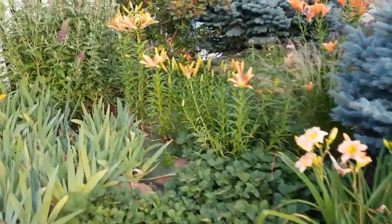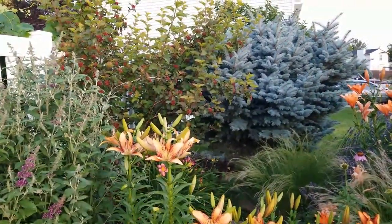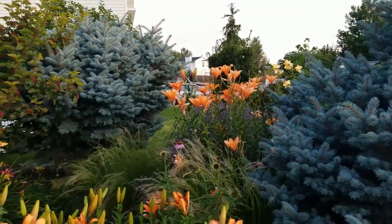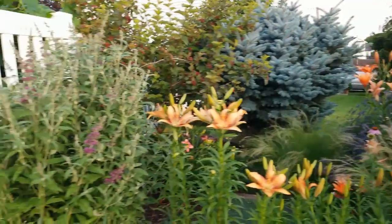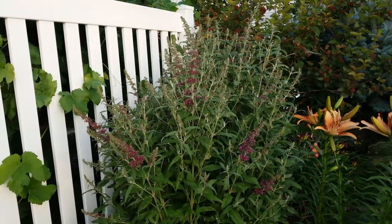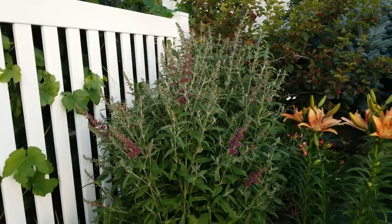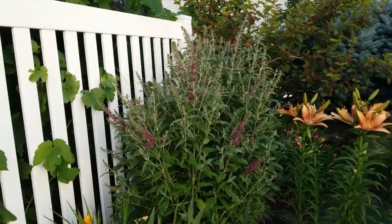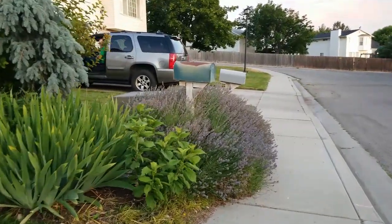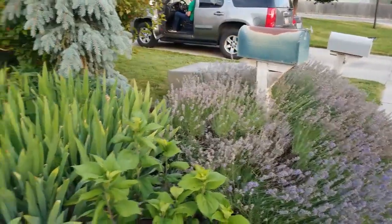Got the daylilies, and this is my later blooming lily. So the lilies do tend to have a longer bloom because we have some that bloom at different times. I like the shorter butterfly bushes, and they are starting to bloom, and they bring in a ton of pollinators, and they have a gorgeous scent. We've got a bright red hardy hibiscus that's going to be blooming here in a little bit. We've got some more Munstead lavender, and my iris,